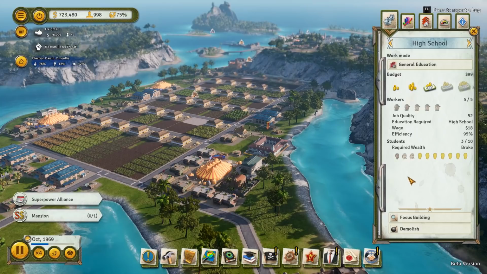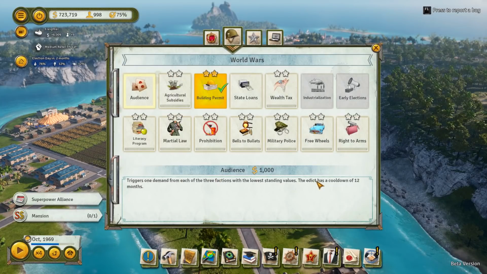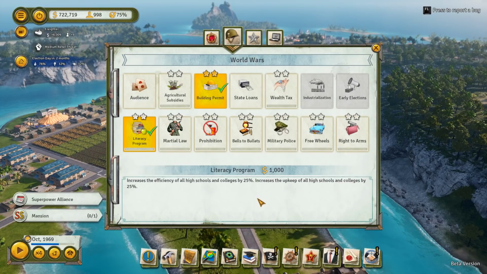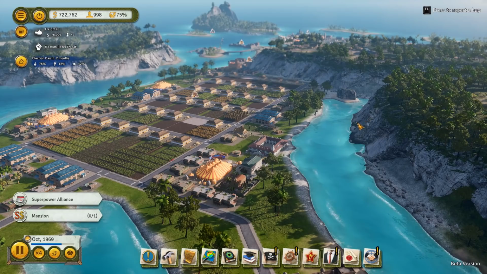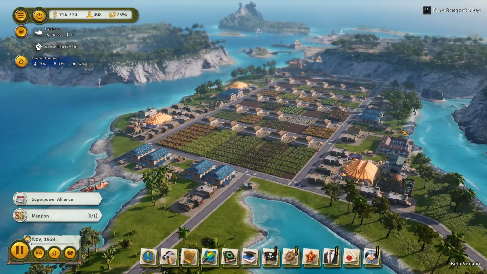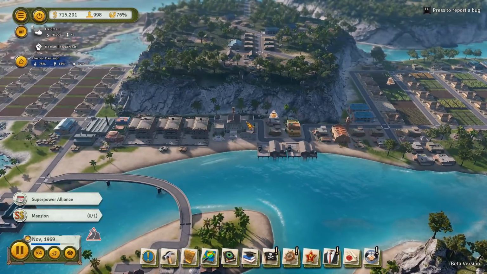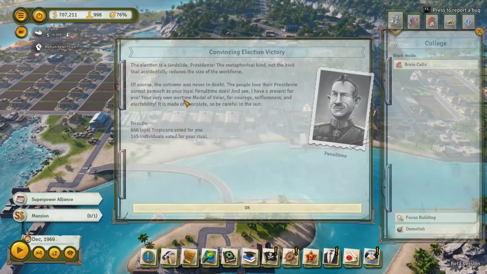Yeah, a few. One thing that we can do, and I meant to do this and I forgot, I forget a lot of things, was to do the literacy program, as most of our citizens are incapable of reading. It increases the effects of education by 25%. And then where did I put the college? I put the college somewhere in the middle, didn't I? Over here, I put it in. And the thing is, because we haven't produced